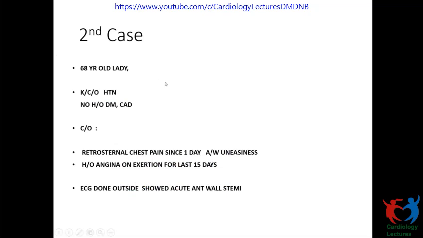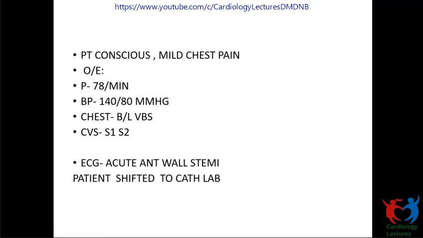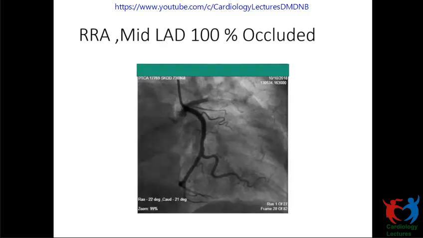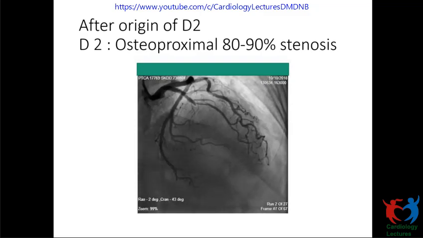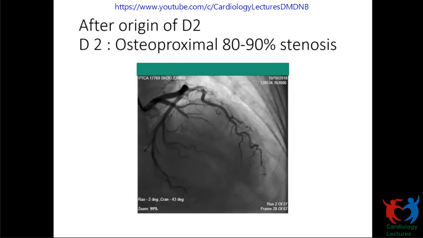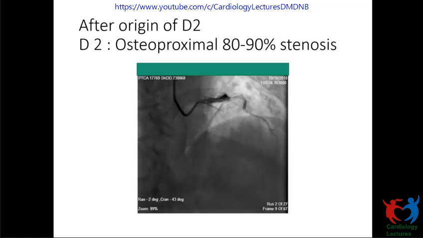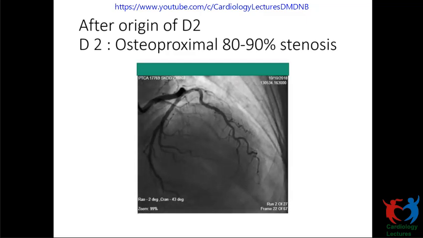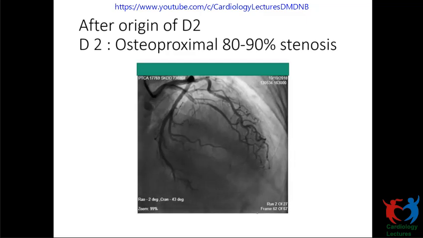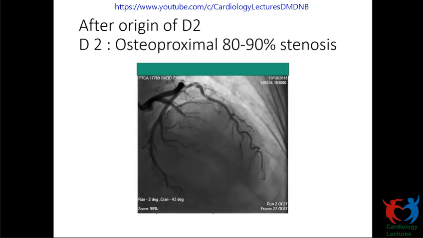Actually, we have this 68-year-old lady, hypertensive and diabetic with neuropathy, history of CAD, who had chest pain since one day, and it turned out to be acute anterior STEMI. Vitally stable, taken to the cath lab immediately. We are seeing that the LTX is good, and the LAD is 100% occluded right after the origin of the diagonal, and the diagonal is actually diseased since the beginning. Because it's a big diagonal, the only diagonal supplying the entire area, we thought that maybe we would require 2 stents in this case.